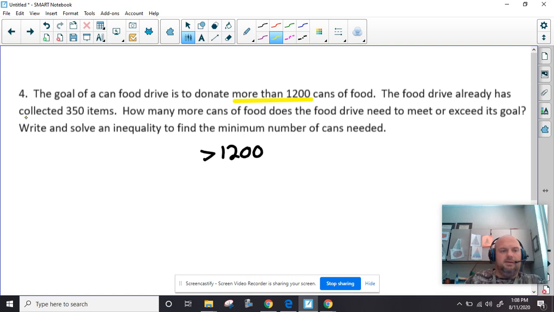Now, we already have this much, okay? So I know I have this much right here. How many more cans of food does the food drive need to meet or exceed? Aha! Meet or exceed. That's where we know that this has got to have a line underneath it, because this has got to be greater than or equal to. All right, so our last thing that we need is just the x. That's the number of cans. So subtract